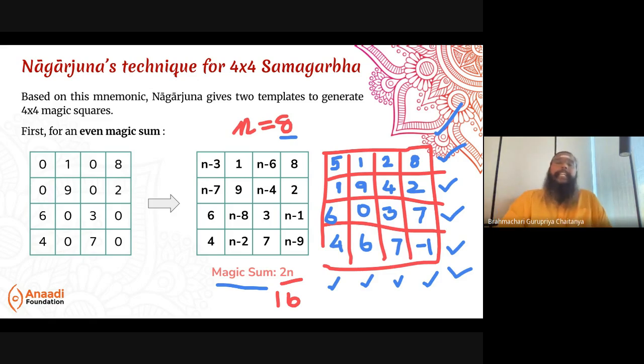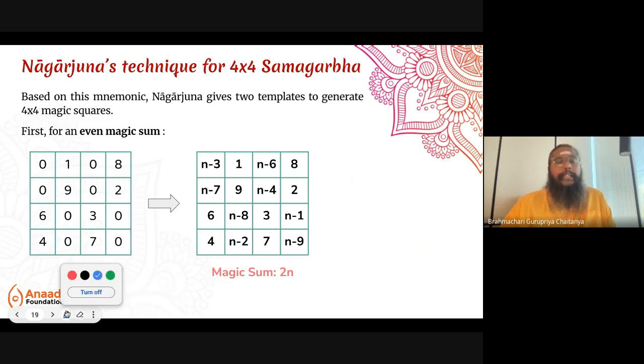But this is a beautiful arrangement that Nagarjuna has given. This is a pre-made template. In such a template, you will always get your magic sum as an even sum. That's what you would get in such a template, right? Now you might, let's say,